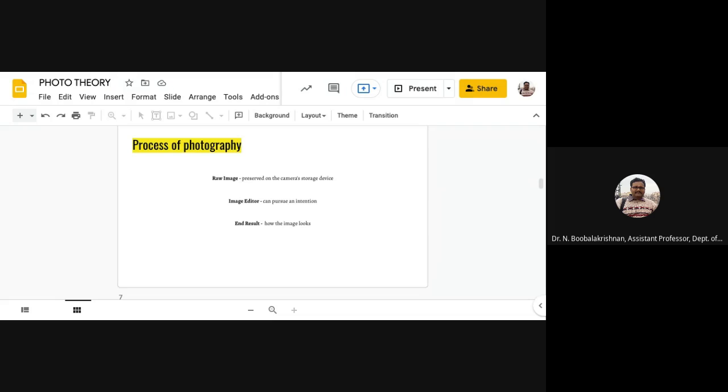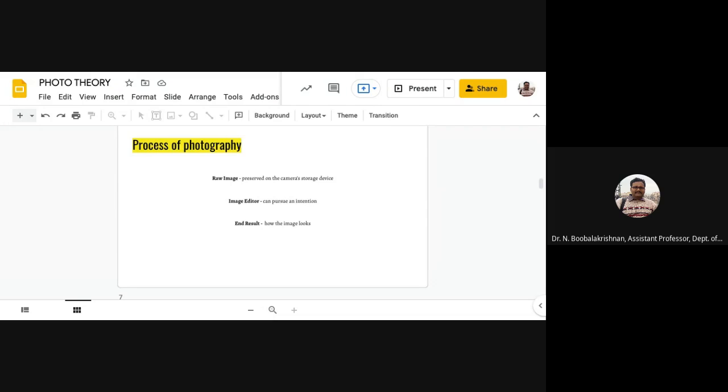The image editor, next in line, is in the process of creating an image. So you can create an image and pursue an intention. The editor is often the same person who took the photo. But in professional commercial photography, it's not uncommon for someone else to handle this work. So additional factors influence this editing. An editor can pursue an intention that is different from what the photographer originally intended, even when the photographer and the editor are the same person. So an image may not suit the original intention after the editing is finished.